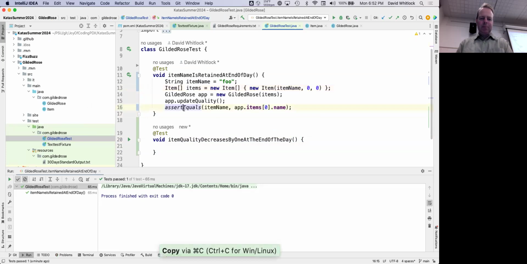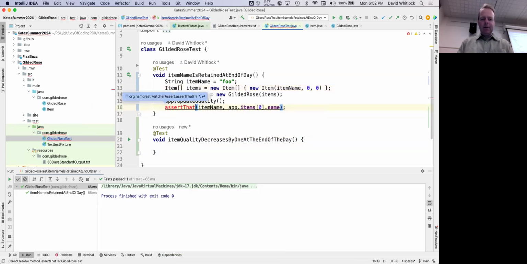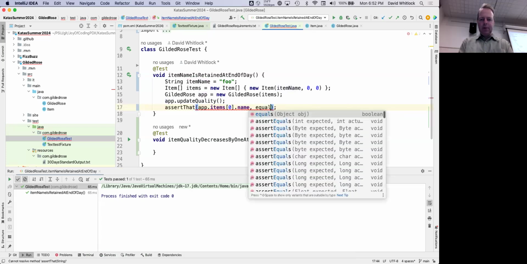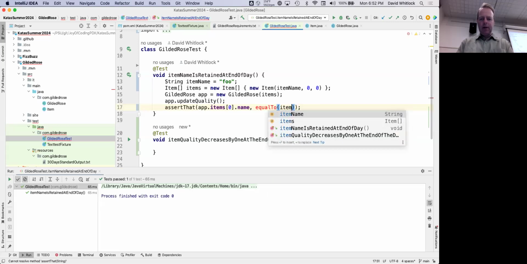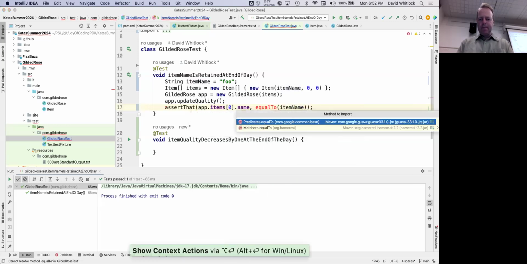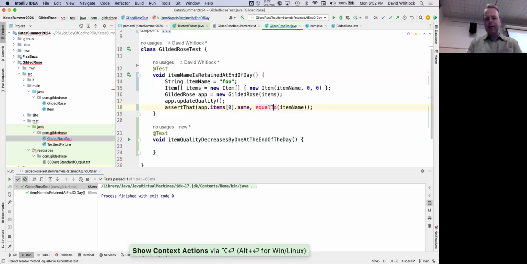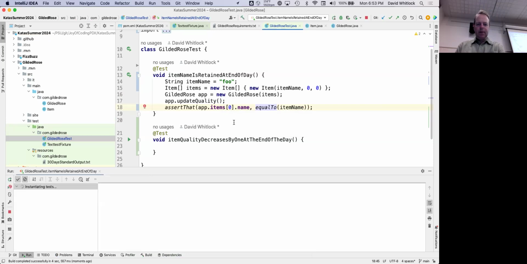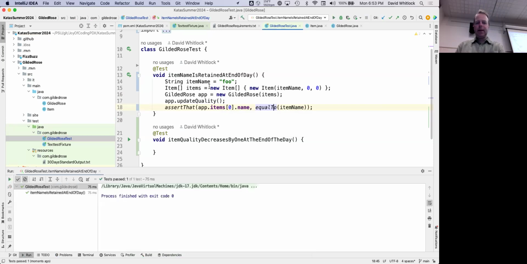Assert equals is like a plain old JUnit way of doing it. I'm going to use Hamcrest. Assert that app.items.get name is equal to item name. Hamcrest, nice. Now I'm going to run this again just to make sure. Nice, that still passes.